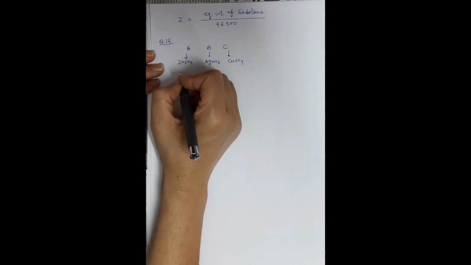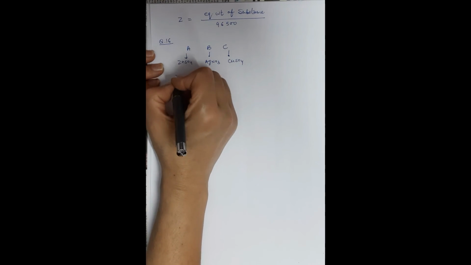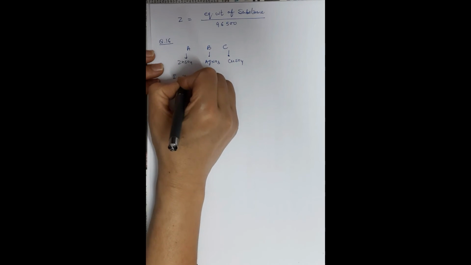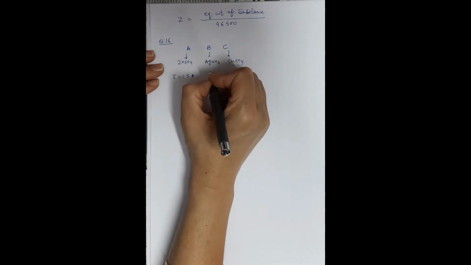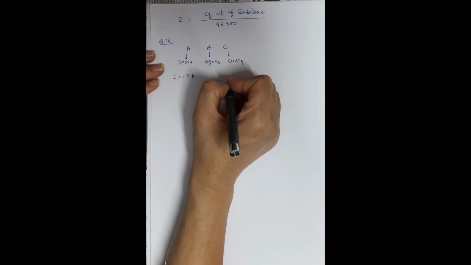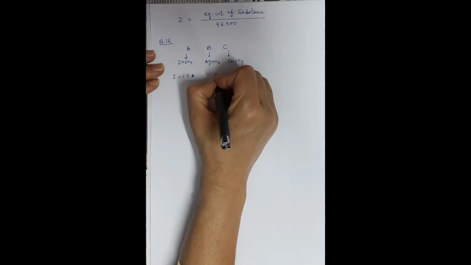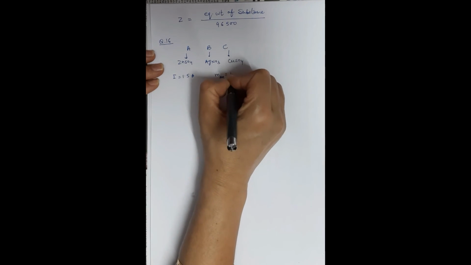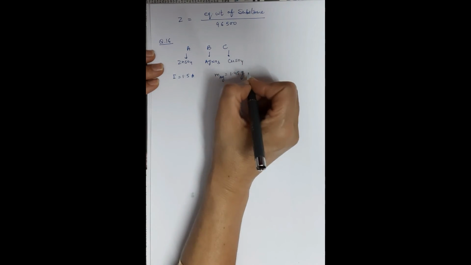See what else is given. They are saying the steady current of 1.5 ampere is passed through this, and this current is passed until you get 1.45 gram of silver deposited. So the mass of silver which is deposited is 1.45 gram. This is given to you,